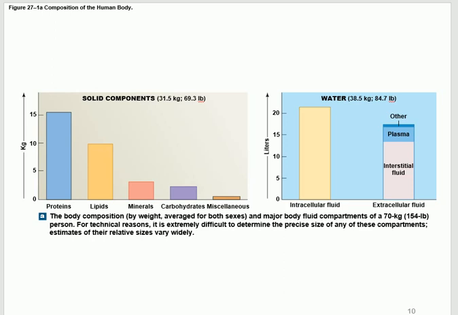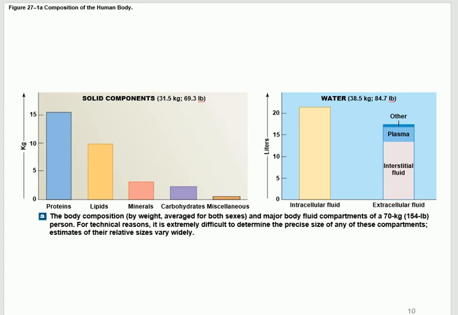This is the water, intracellular and extracellular. Extracellular is interstitial fluid, which is in between the cells, plasma, which is in the blood vessels, blood, and others like lymph and cerebrospinal fluids and the fluid in the joints. These are tiny, even though there is some fluid in your eyes. Remember the aqueous humor? So we do have it in different parts, but this is the tiny part. The large part is intracellular and extracellular.